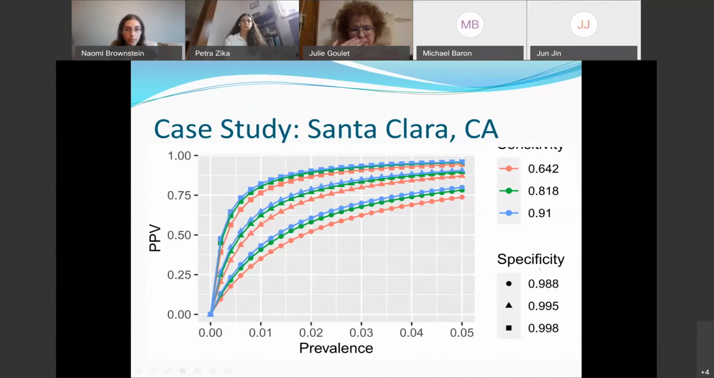So the shape indicates specificity, and you see the circles are much lower than the triangles. Again, increasing your specificity just a little bit really improves your positive predictive value, but at the end of the day, the sensitivity and specificity are what they are. So we just need to be aware of this wide uncertainty range that I think often gets lost. People just look at the point